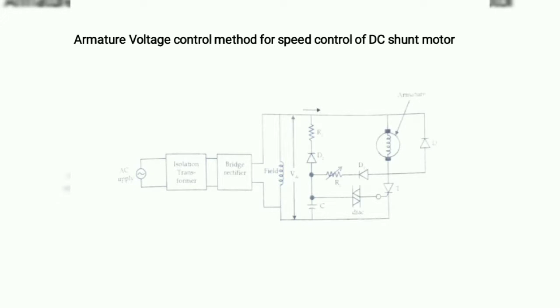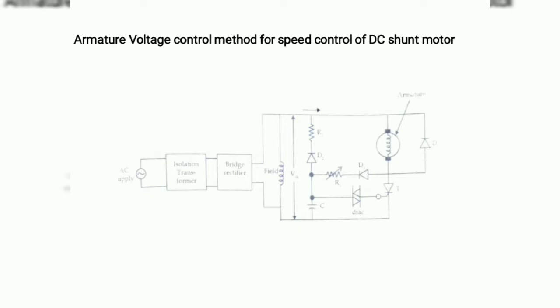Capacitor C and the DIAC are used to trigger the SCR. This capacitor C and DIAC are connected to the gate of the SCR. If you provide the gate voltage, the SCR triggers. The automatic adjustment of the triggering angle to keep the speed constant at various loads is obtained by a feedback signal. We provide the feedback signal to adjust the speed of the motor, which is proportional to the actual speed of the motor.